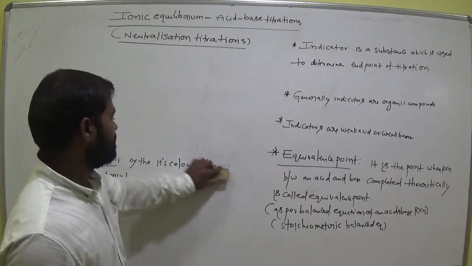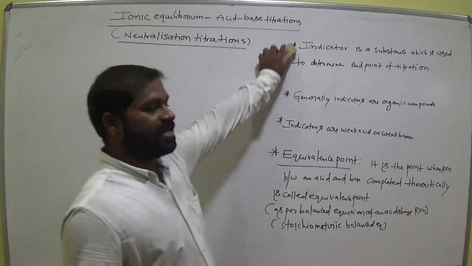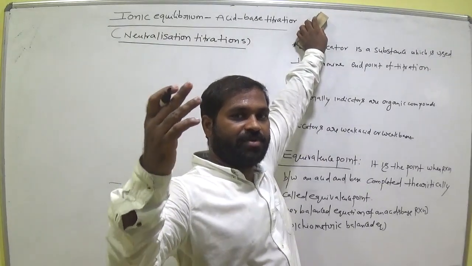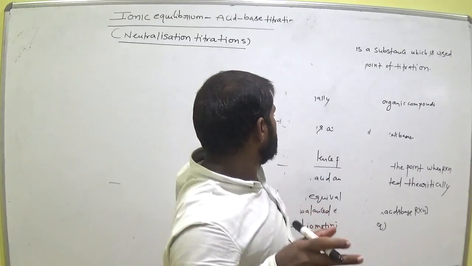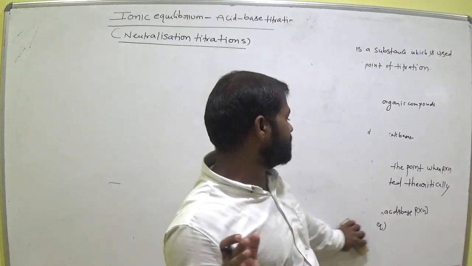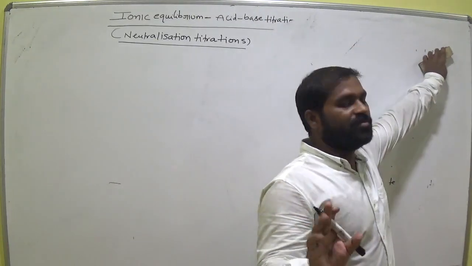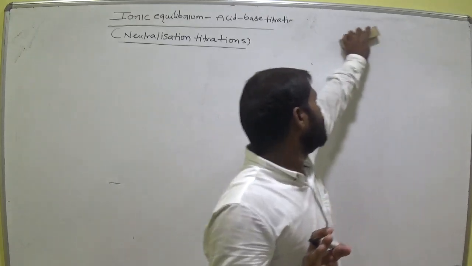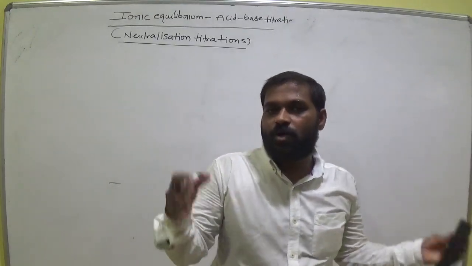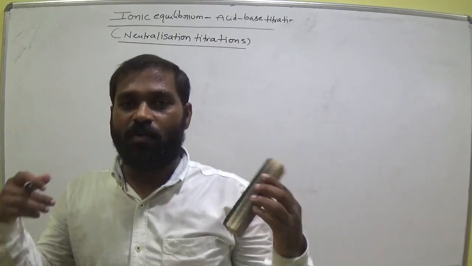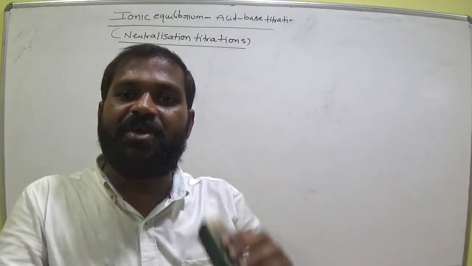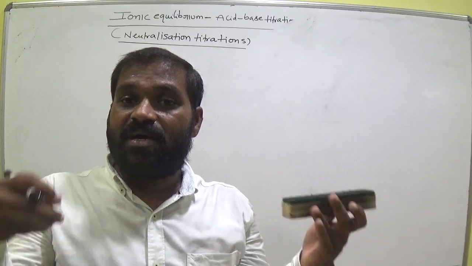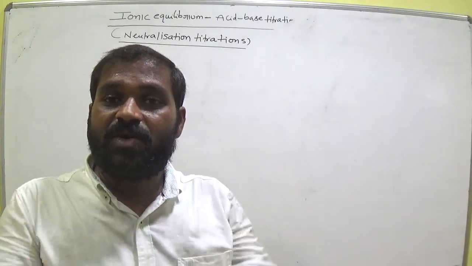Remember this. Okay. What is titration? Here we are discussing acid base titration. Many titrations are there, like redox titration and complexometric titration, but we have no need of that here. Here we discuss acid base titration, that is neutralization titration. We have two solutions, one acid and one base. For one solution we know the concentration, and for the other we don't. By using the known concentration solution, we can calculate the concentration of the other solution by the titration method.